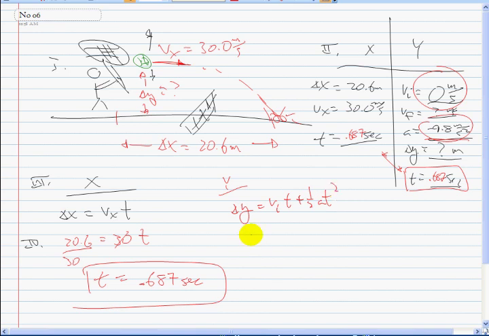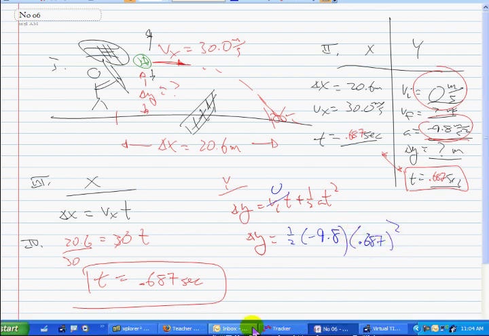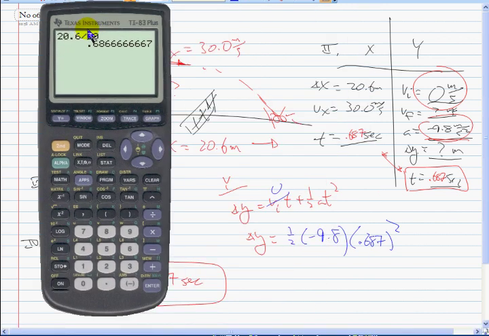We're going to use delta y equals vi t plus 1/2 a t squared. Delta y is our unknown. Initial velocity is 0 vertically. 1/2 acceleration is negative 9.8 times the time squared of 0.687. Okay? So when I get out my calculator, I'm just going to plug and chug 1/2 times negative 9.8 times my time of 0.687 squared, I get negative 2.31 meters